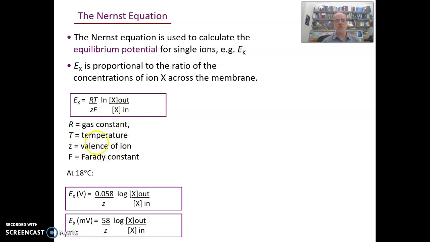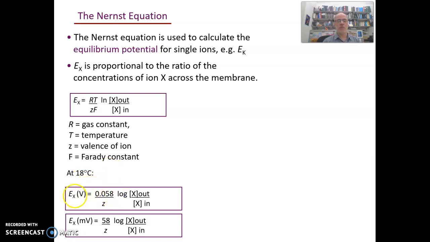And that's what was done here in the box below, where the equilibrium potential for ion X, calculated in volt, is now equal to, if you take into consideration the different constants and you convert the temperature from absolute temperature to Celsius and take the temperature of 18 Celsius, then